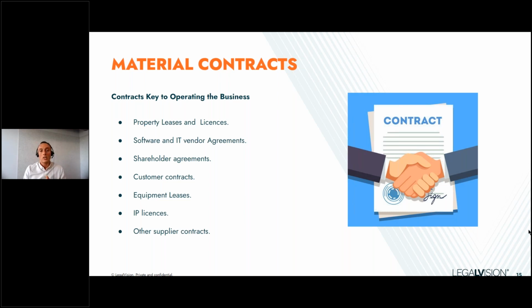If it's an asset sale, you're looking at what are the obligations and provisions relating to assignment and novation. And then generally, I think you're doing a bit of a sanity check on that agreement to see, are there any onerous terms? What are the termination rights of the other parties? Have there been any historical claims in respect of these contracts as between the parties? Those type of things. And again, it links to the sale agreement, because potentially these are things that are either becoming condition precedents or